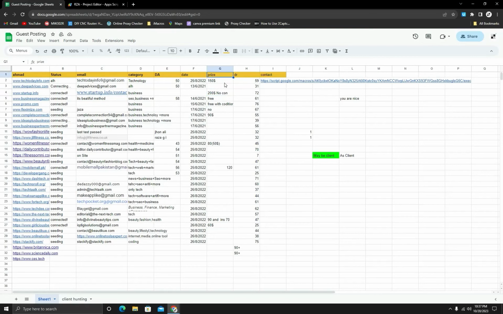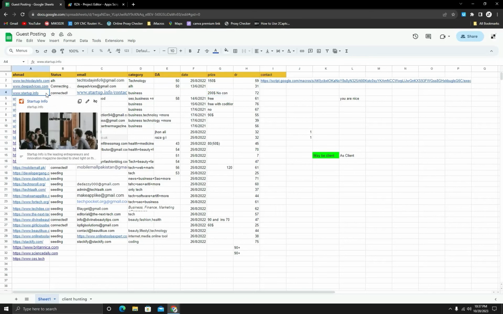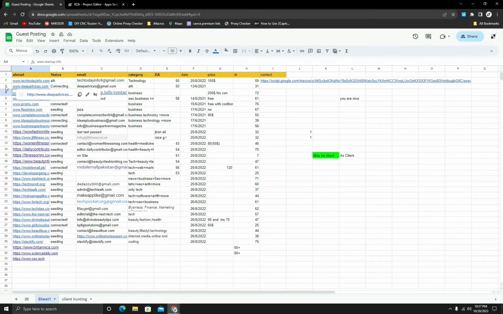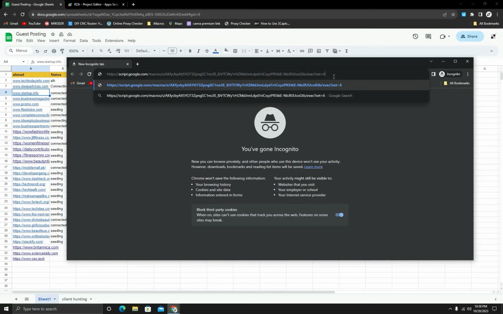Then I will count 0, 1, 2, 3, and 3 is the number of the line. Actually here the line number is 4, but we will use 3 as an index, and 0, 1, 2, 3, 4, 5 and 6, and 3, and put here 6 as the number of the row,